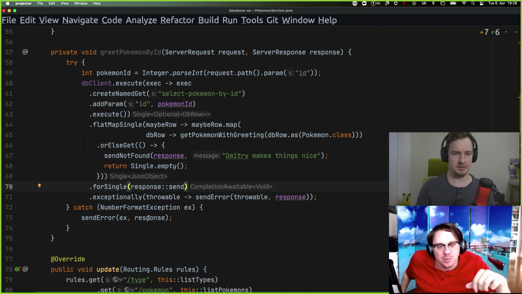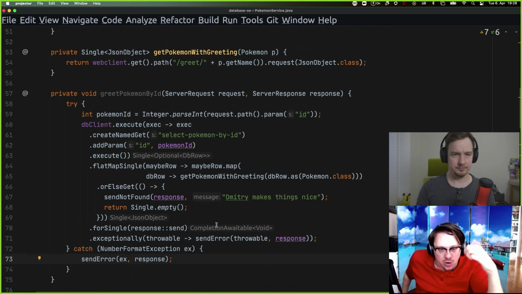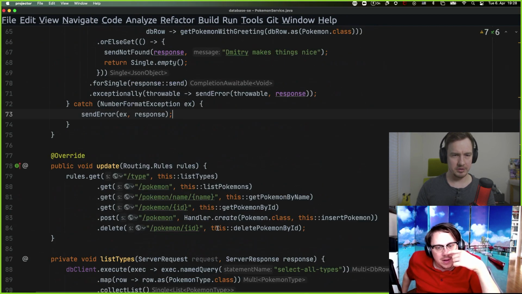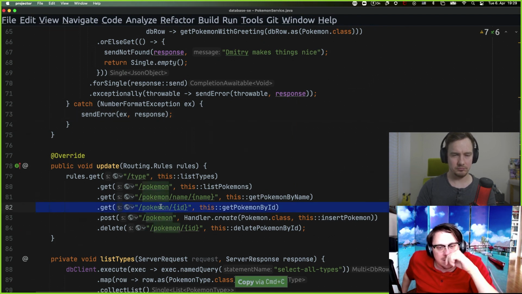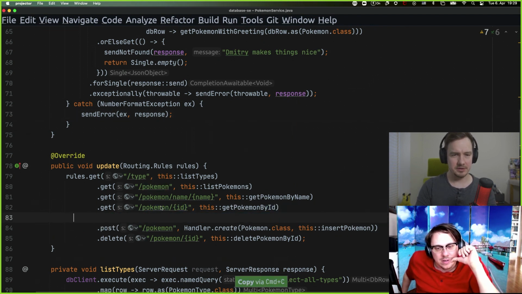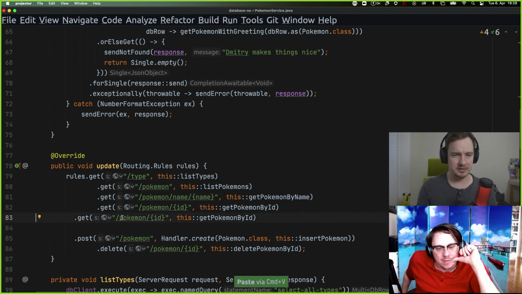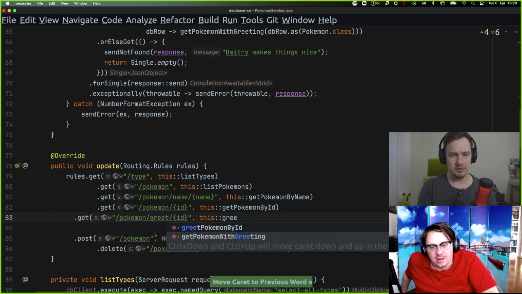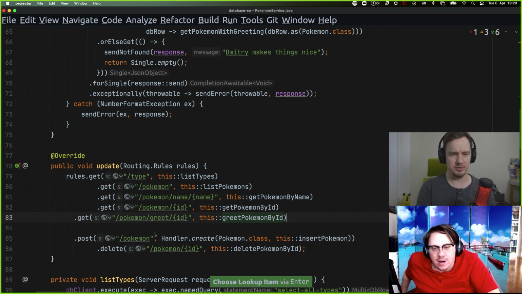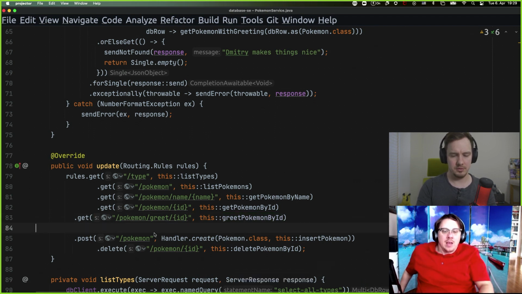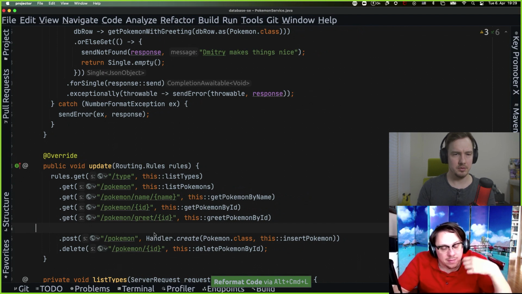One last thing we should do is actually wire this greet Pokemon service to a URL. So go back to the update method. Right, okay, just here. And we just do another get. I assume this works like that. So Pokemon, yes, Pokemon greet ID. And here we just do get, the method is like, yes. And now you can compile it, and first of all, just make sure that the other greeting service